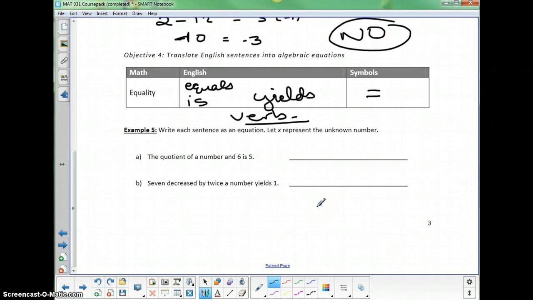And let's translate a couple of things right here. The quotient of a number and 6 is 5. Quotient, that's division, of a number and 6 equals 5. Really, I want to find that is and split my equation into the left side and the right side. 7 decreased by a number yields 1. 7 decreased by twice a number. So 7 decreased by twice a number